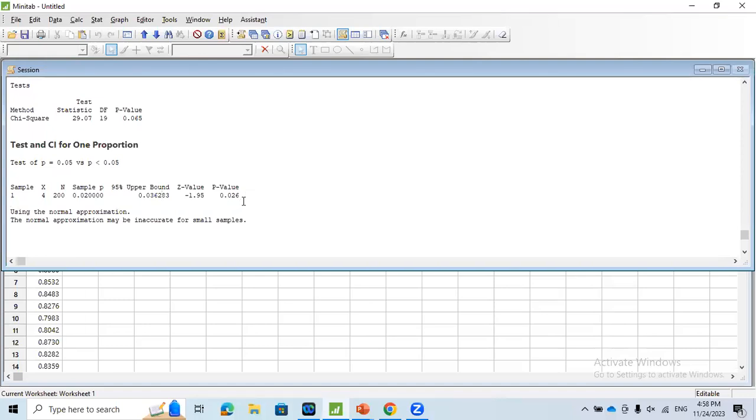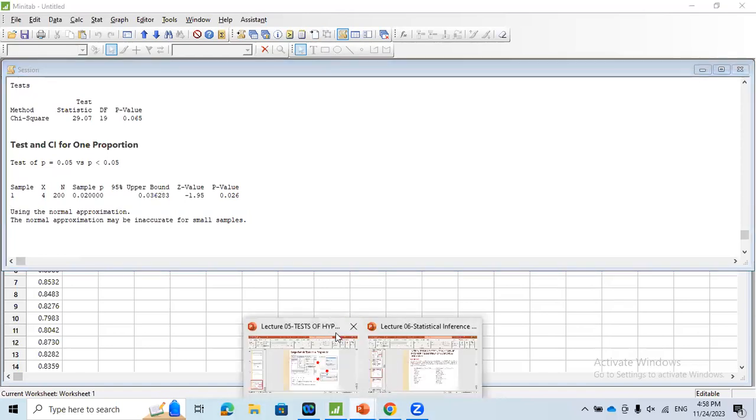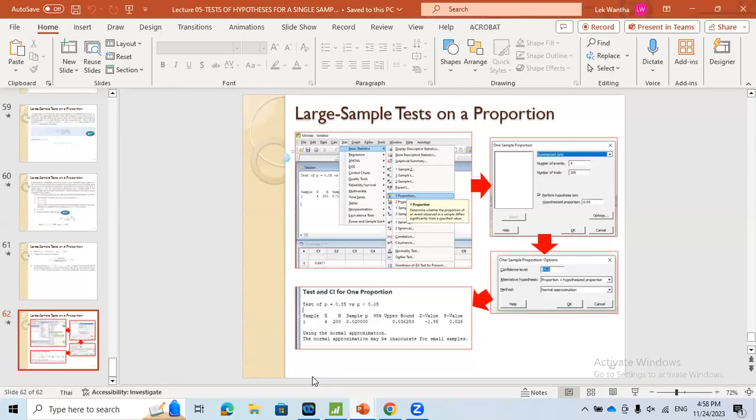For this case, the strong conclusion is that the fraction defective is less than 0.05. That means your production meets the requirement. This is the simple exercise for one proportion. For the next time, maybe I would like to talk to you about comparing between